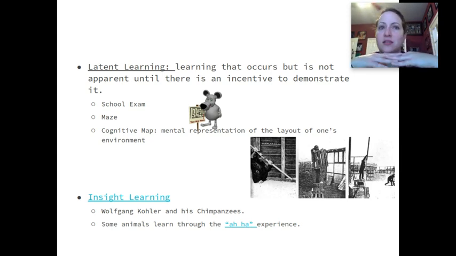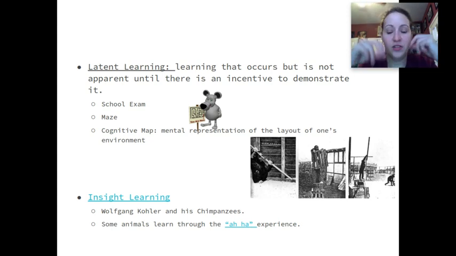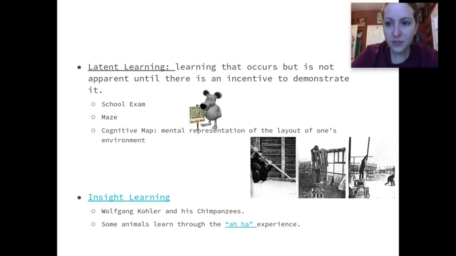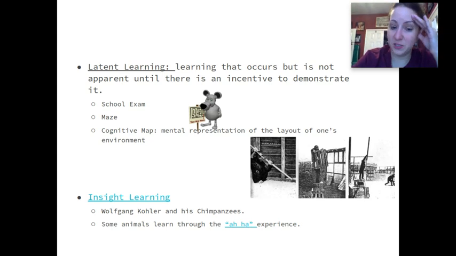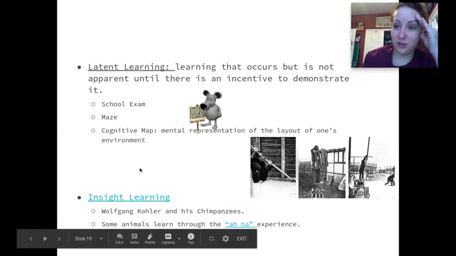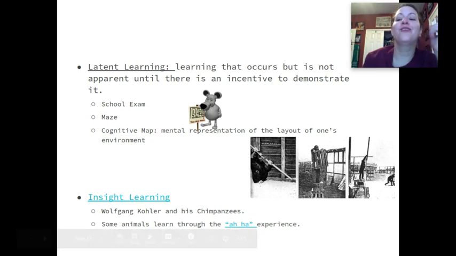And then you kind of see the chimps pacing back and forth until all of a sudden, aha, they got it. They tie the two shorter sticks together with the twine. And with that, they can knock the treat down. And so that right there is the aha experience. It is, whenever we learn why jokes are funny, and you're like, oh, got it. That's insight learning.